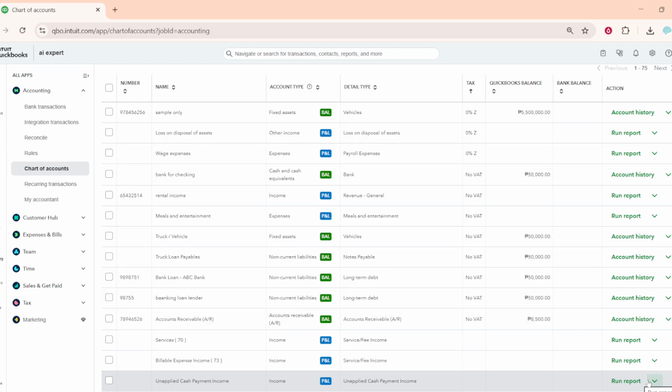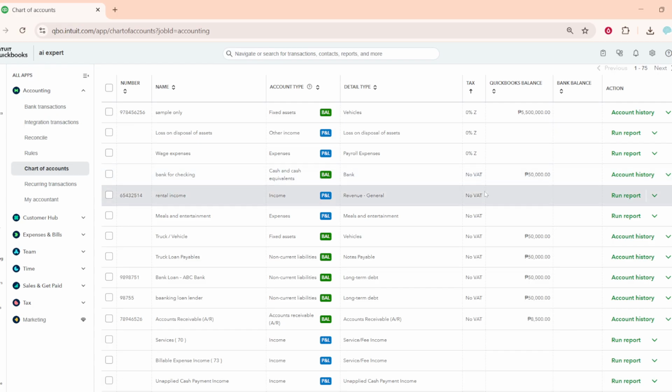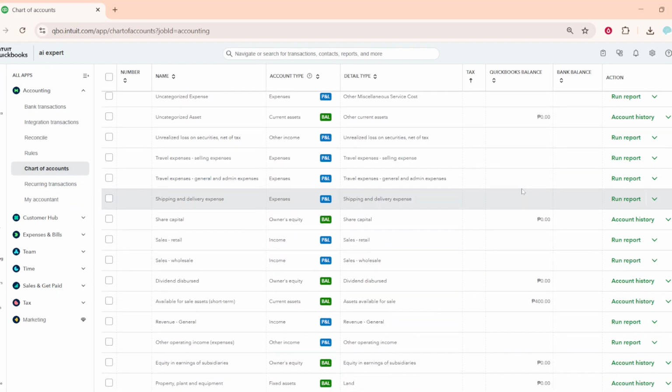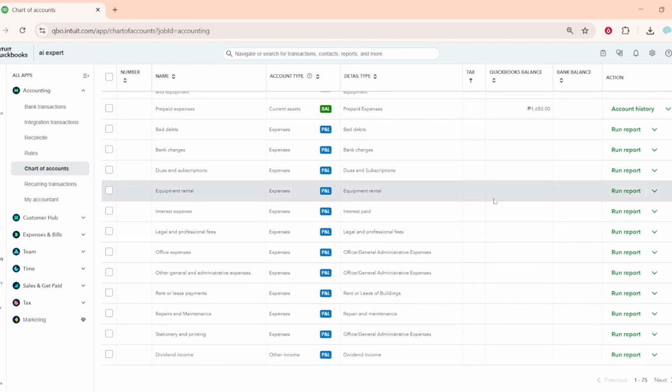You'll notice the duplicate no longer appears in your chart of accounts, and your reports will reflect the consolidated history. If something looks off, review your primary account's register, or run a quick profit and loss or balance sheet to confirm the totals align with your expectations. Cleaning up duplicates this way helps streamline reporting, reduces confusion, and keeps your accounting structure tidy without losing any transactional